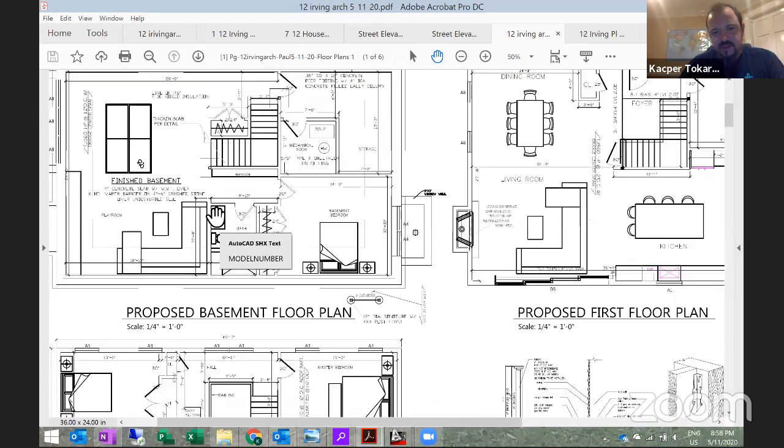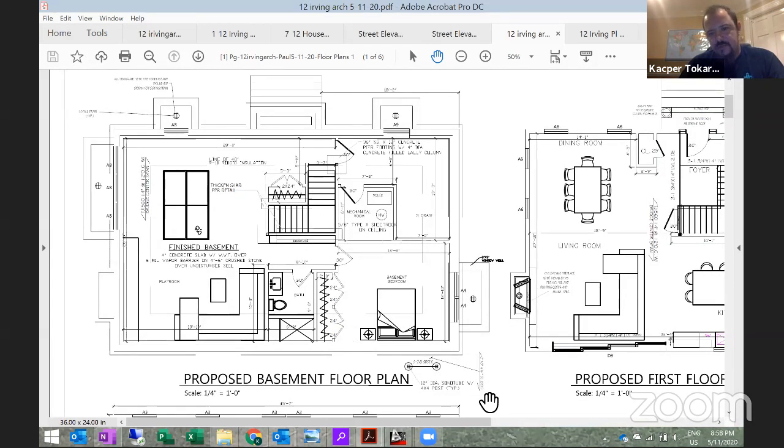This is basically the basement plan. The basement plan, stairs coming down. This whole mass is basically a large playroom. As I was mentioning to the board, from Irving's side, there is a triple large window well providing light and ventilation. Because it was a little bit short with the calculations, we were forced to add another well in the